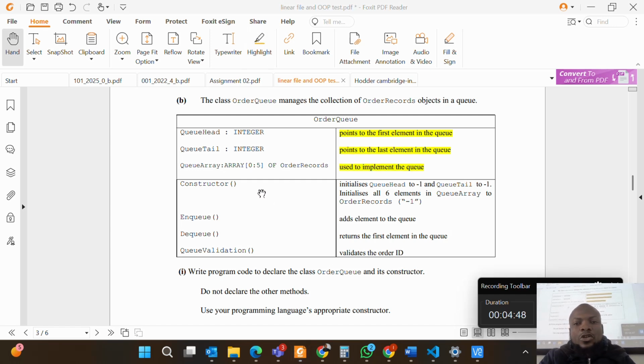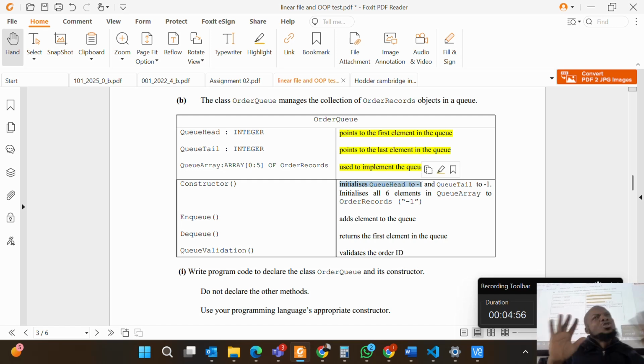It says the constructor initializes head to 0 and tail to minus 1. Does it say parameter value? No. It just said minus 1. It does not say parameter value. That means there is no parameter here. Initialize all 6 elements